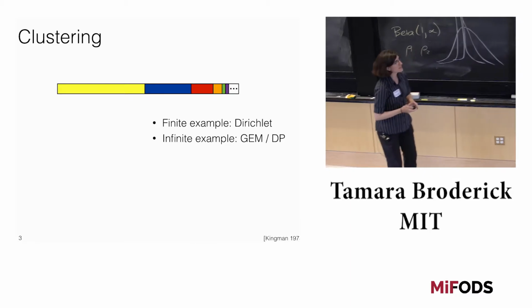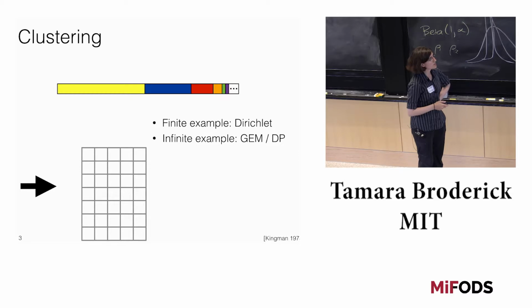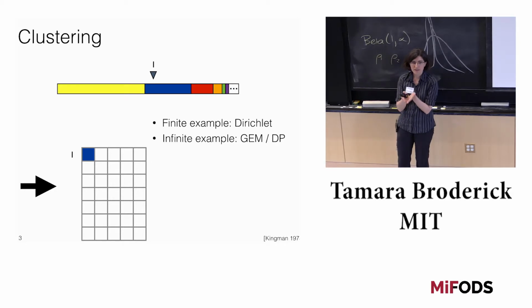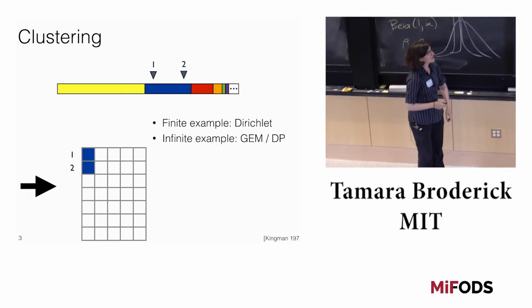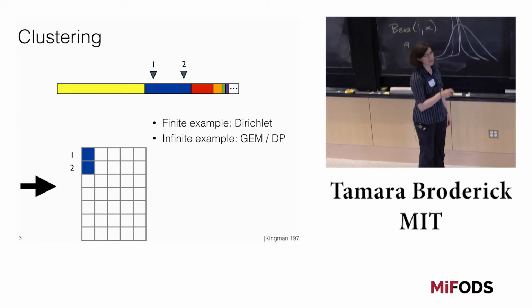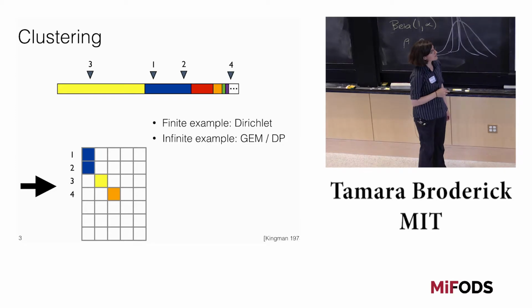Now, in both of these cases, the way that we actually drew the assignments of data points to clusters was the following. We said, hey, to draw our assignment of data points to clusters, let's put down a uniform random variable independently of the way that we drew that partition. And we'll say that when two of these independent uniform random variables fall into the same group, those two data points belong to the same cluster. So 1 and 2 belong to the same cluster. 3 starts a new cluster. 4 starts a new cluster. 5 belongs with 3, and so on.